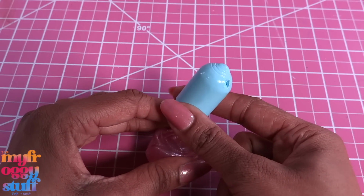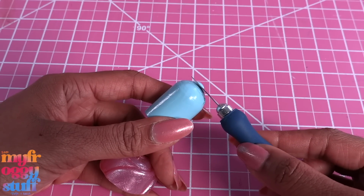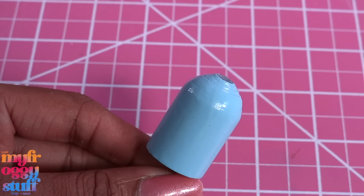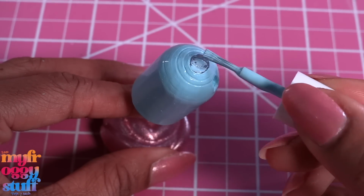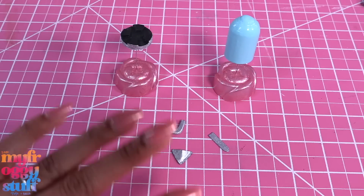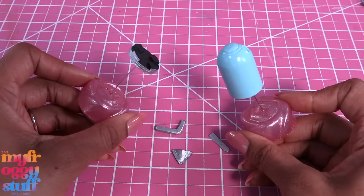It's a little too pointy. I'm going to take a little off the top and hope that I don't mess this up. That's a little better. Now I just have to repaint that spot and allow it to dry. I love that we're taking our time and trying to get all those little details while we're figuring this out